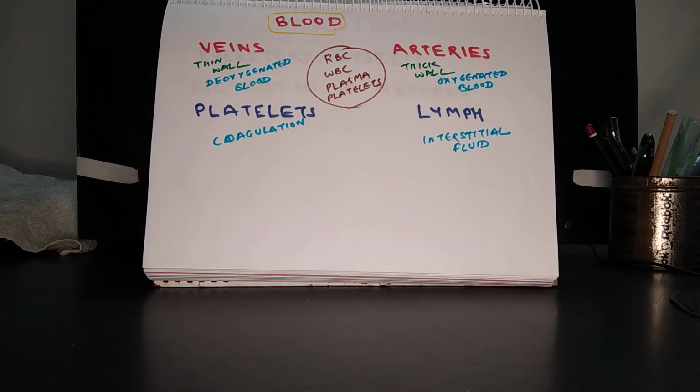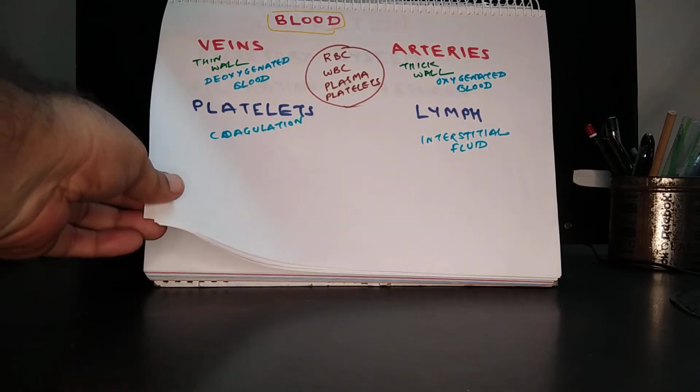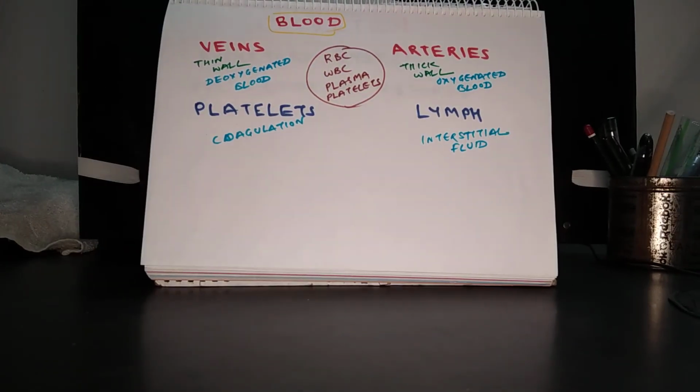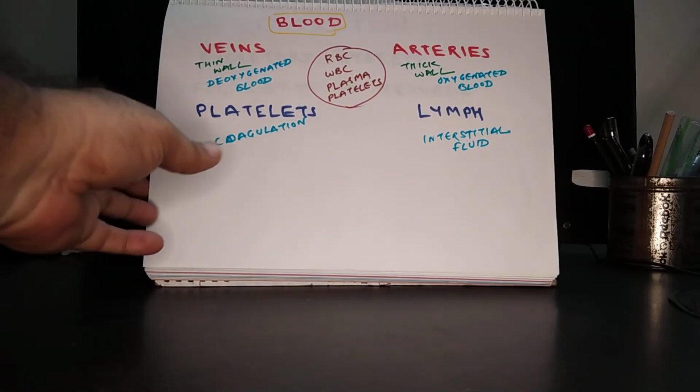Then there is lymph also in this system. What happens when the blood goes to the capillaries? Some of the plasma leaks into the interstitial space in between the cells, and this fluid is called lymph. This gets collected through lymph vessels and reaches various lymph nodes in the body. Later on, the lymph is emptied into the major vein, and lymph plays an important role in the immune system of the body. So that's all for the circulatory system of the human body.